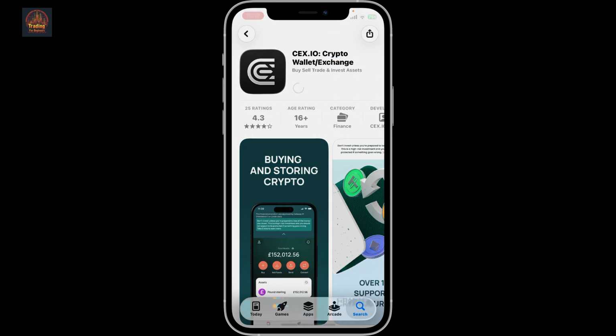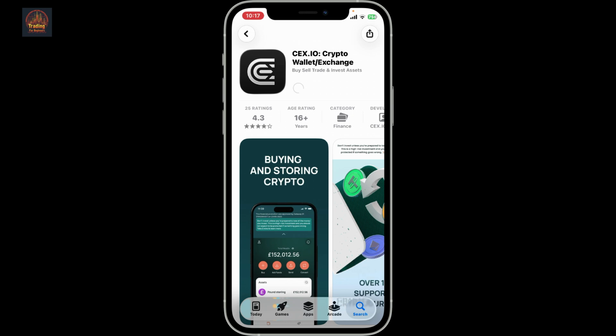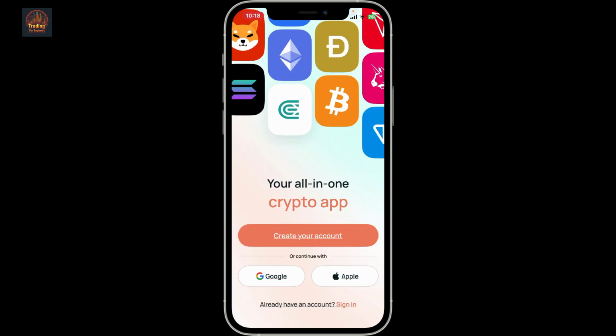begin downloading the app. Authenticate with your Face ID, Touch ID, or your Apple ID password if you are using the iOS device. After a successful authentication, the download process will begin. Once the application is installed, you can launch the app and get started with creating a new account or sign into your existing account, and that's it. That's how you easily download and install the cex.io application on your smartphone, whether you are using an Android or